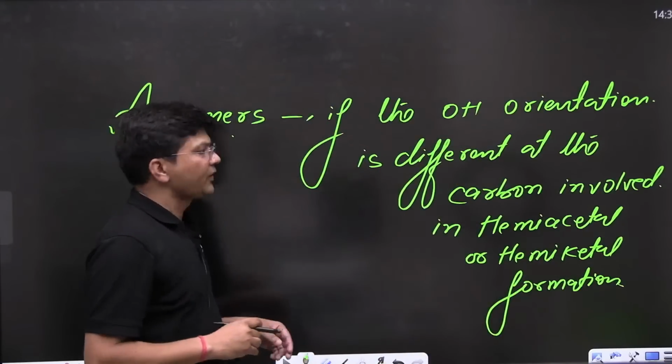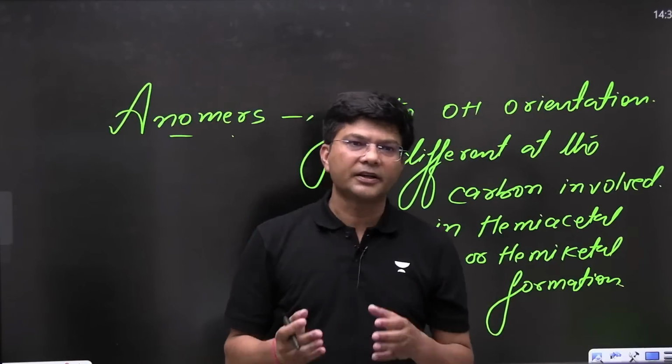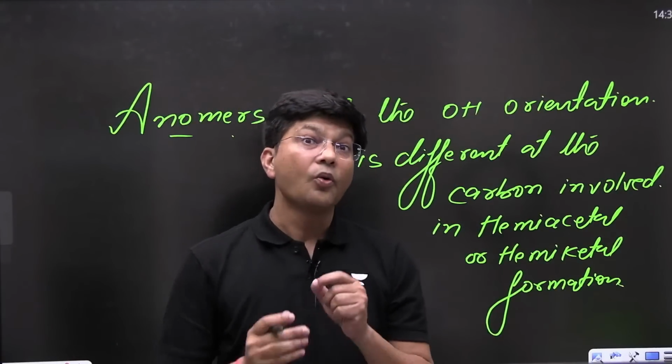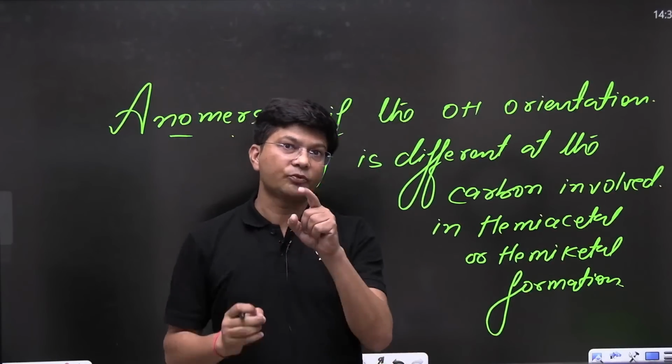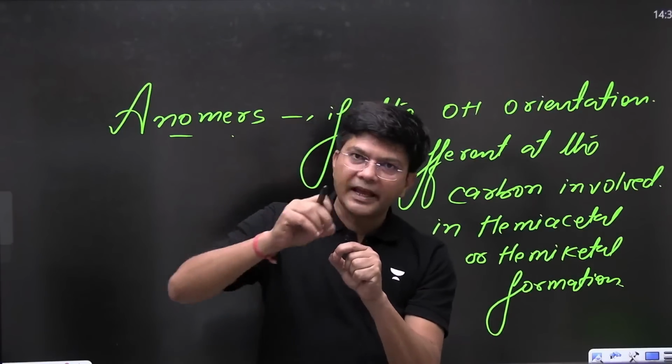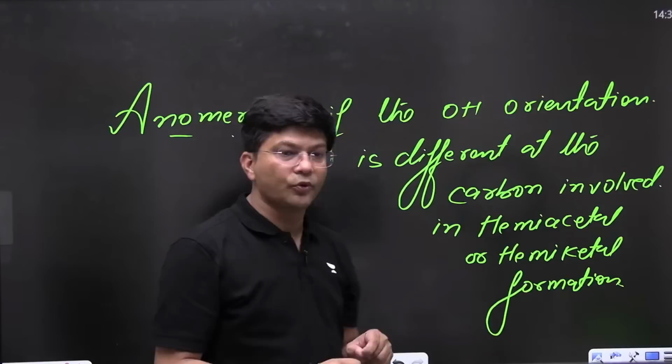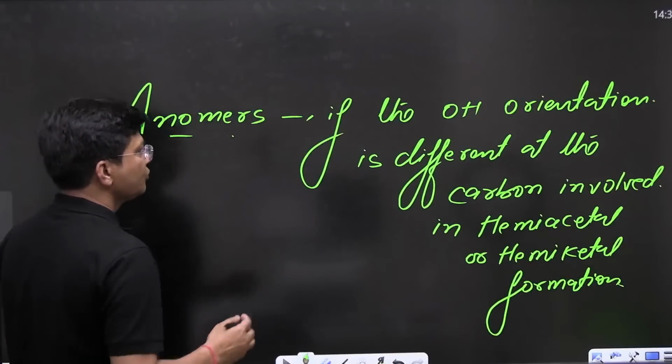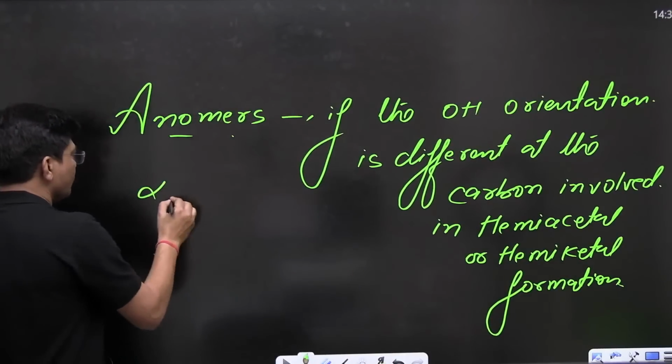So in the form of fructose, I will let you know what is hemiketal, but in case of glucose, I have told you what is hemiacetal carbon. That was the carbon having oxygen at the fifth carbon that was forming a bond with the first carbon. That was the hemiacetal carbon. So alpha D glucose